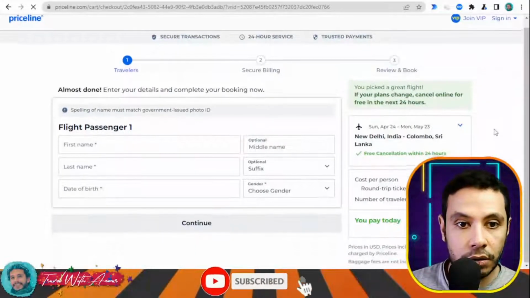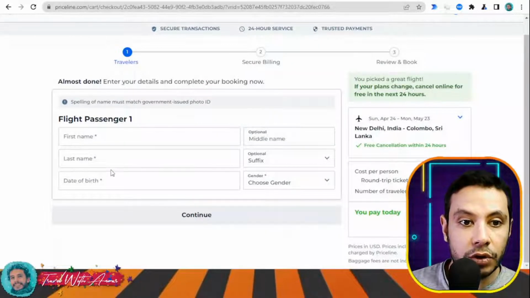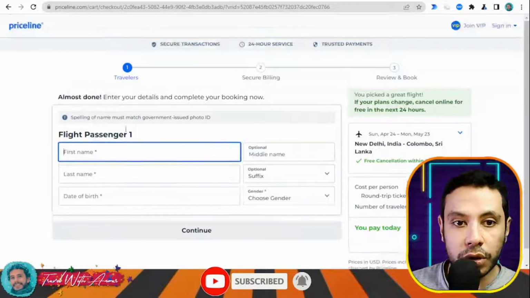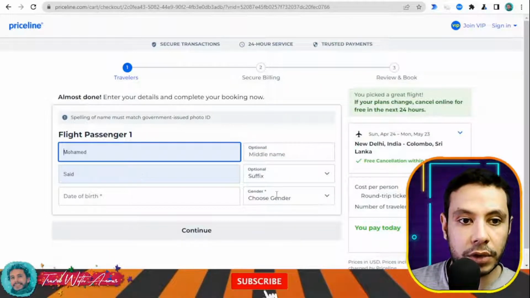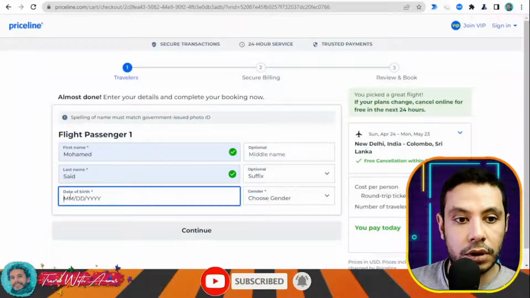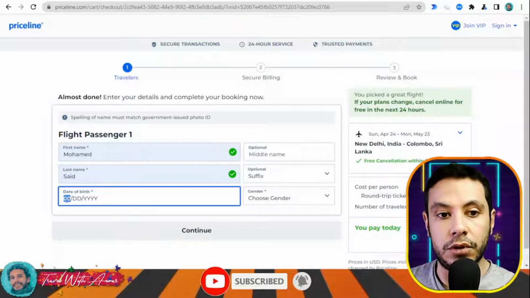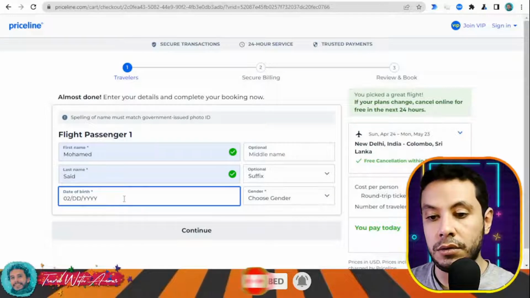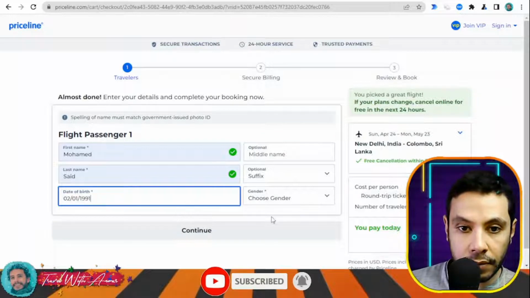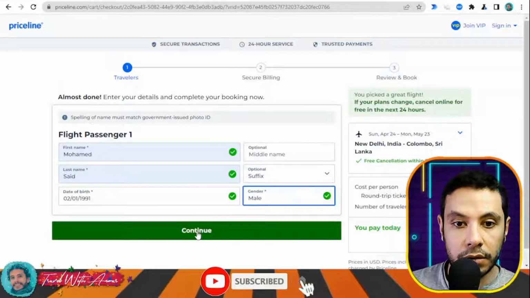All right, so here you give your first name, your last name, your date of birth, and the middle name is optional, so let's give some information here. Date of birth also. Just one second. For example, and then click continue, continue,